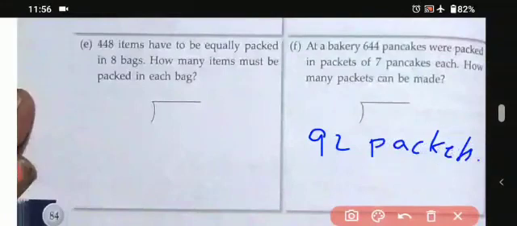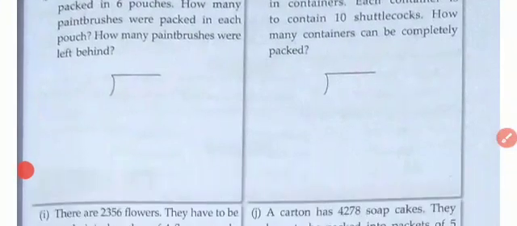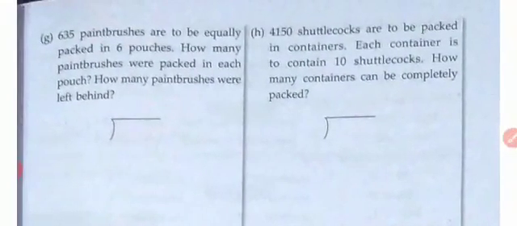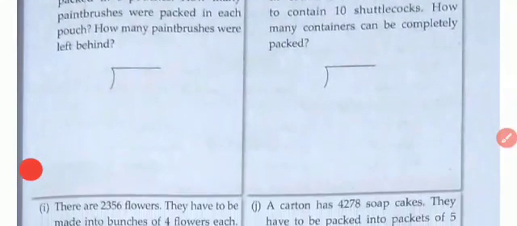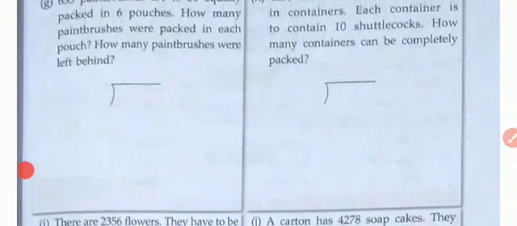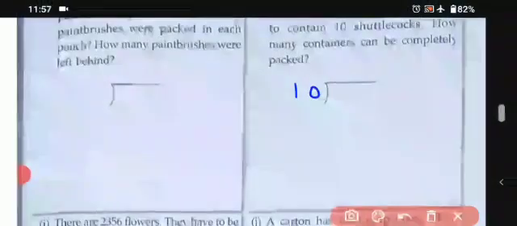Okay, students. So this is how we have to do it. So once again, we will be doing another one like this one. 4,150 shuttlecocks are to be packed in containers. Each container is to contain 10 shuttlecocks. So how many containers do we need? So again in this, we have to do the division, like we have to write 10 over here and the digits are